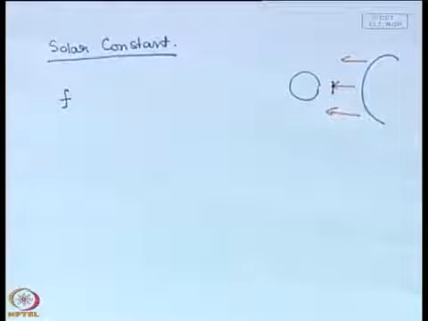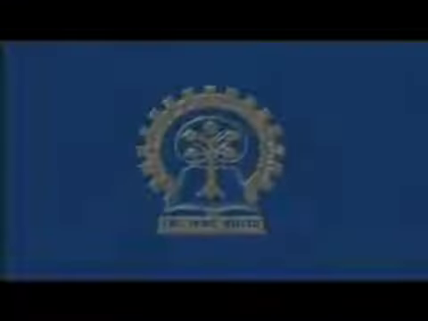Not all the radiation incident on the earth's atmosphere enters the atmosphere. If you were to measure the flux of radiation coming on the surface of the earth, it would be considerably less, because part of the radiation gets reflected back. So, the solar